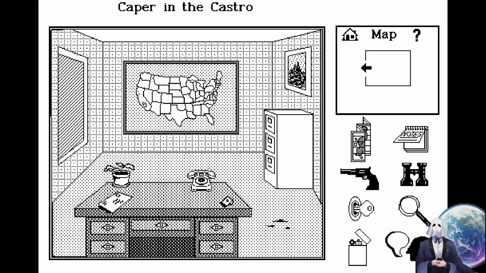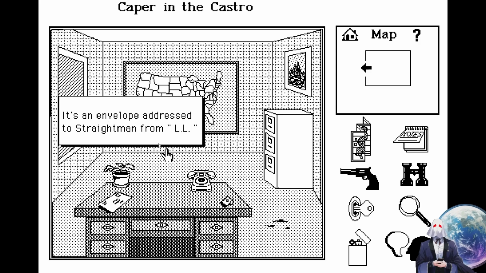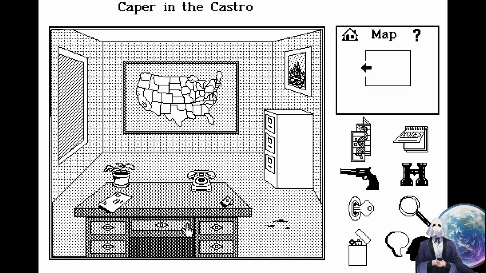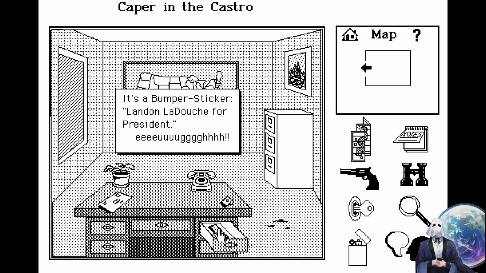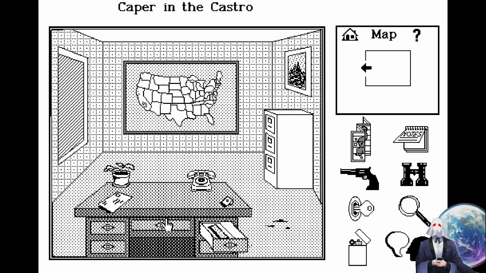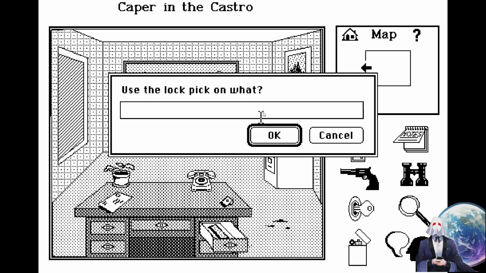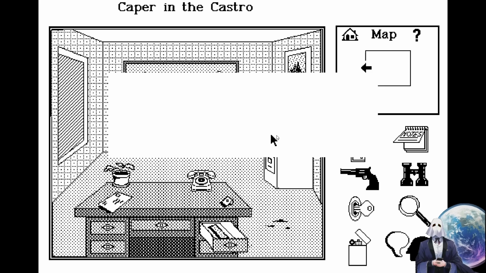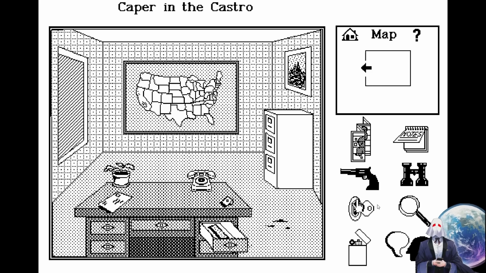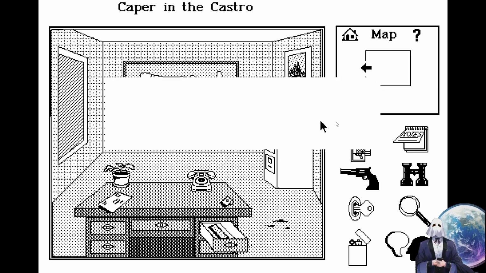Close the drawer. There's this suspicious letter here. There's a bumper sticker for Lyndon LaDouche. Lockpick on drawer. Doesn't seem to work. Try it on the desk. It doesn't seem to work.